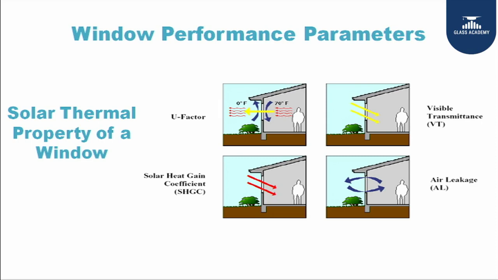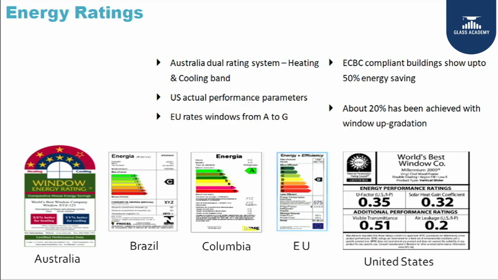But nowadays, a couple more parameters are being discussed, not formally made yet, but being discussed to add, for example sound insulation or dust insulation. Some of the countries already use these parameters for window rating. For example, in Australia, they have heat and cold star rating. The US has a star rating on these 4 parameters. The UK has a rating with a nomenclature of A, B, C, D, E, F, G, H. So, this is something which is going to come in India, maybe not in the next 1 or 2 years, but definitely in the coming few years.